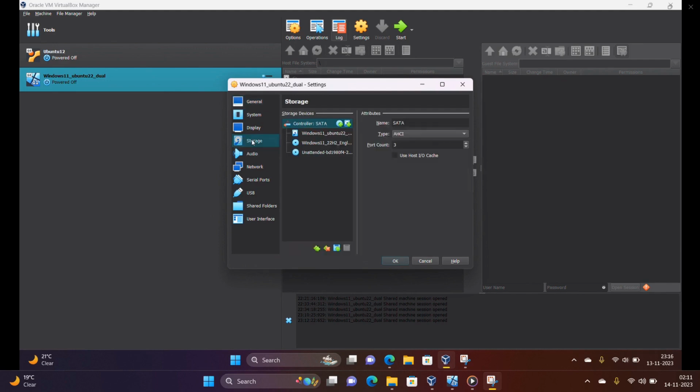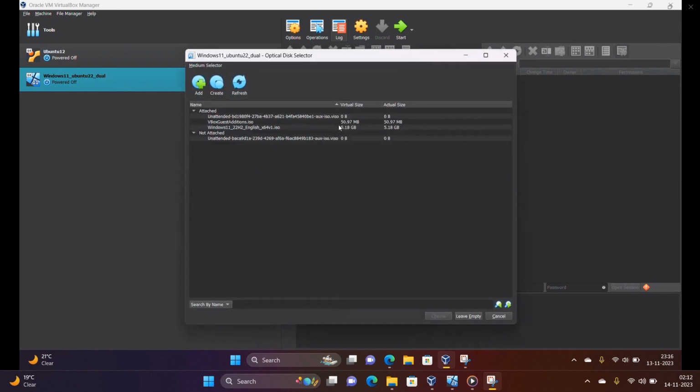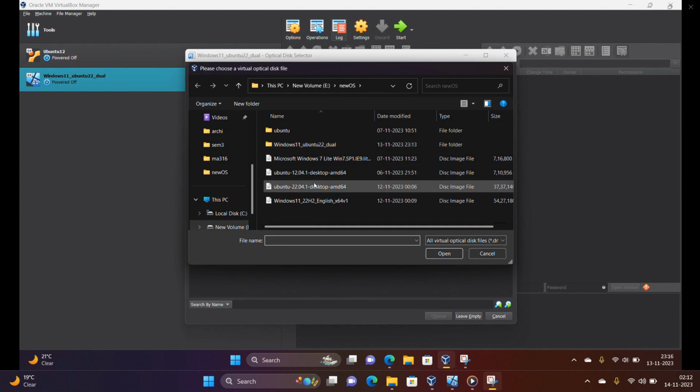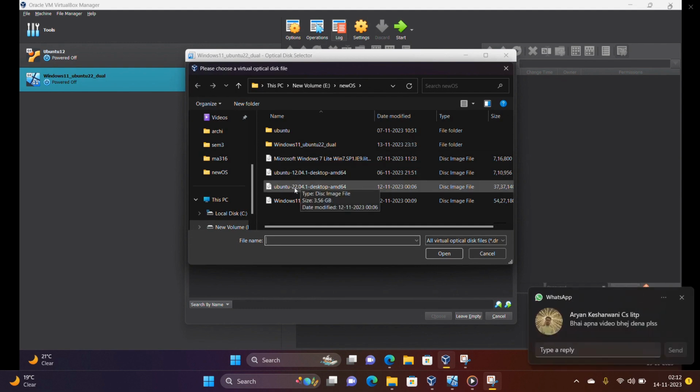Storage, and here you can see the SATA options. And now we'll add a new SATA port, which will be for the Ubuntu ISO. So I'll click on new SATA, add a SATA port. So here I'll choose Ubuntu 22's